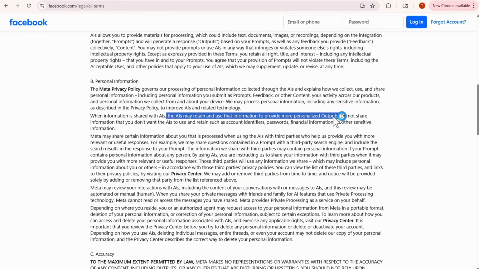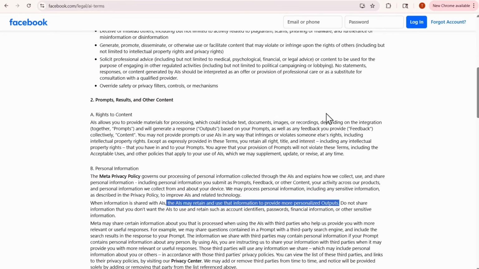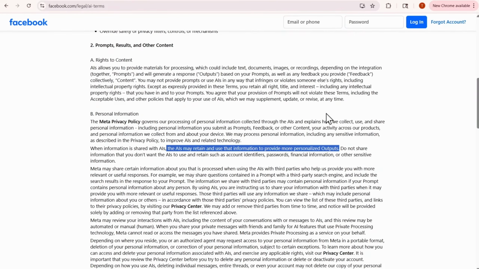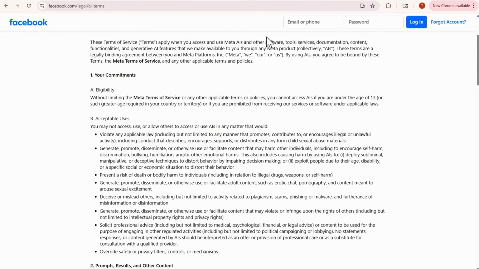Now, this is interesting. I haven't used the AI products for Meta, but I can speculate that any AI product used by a consumer is likely going to have a page requesting permission to provide more personalized outputs. There are two different things going on. One, we've got this notice, these terms of service displayed to consumers. And then there's the actual process flow when it comes to using these AI products.